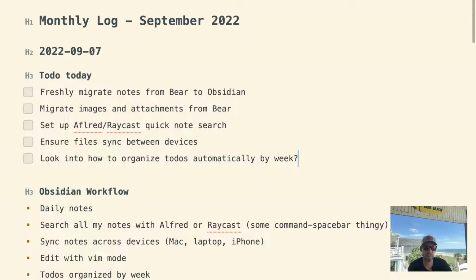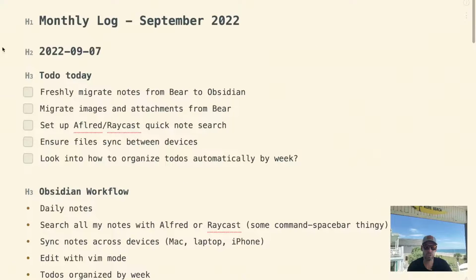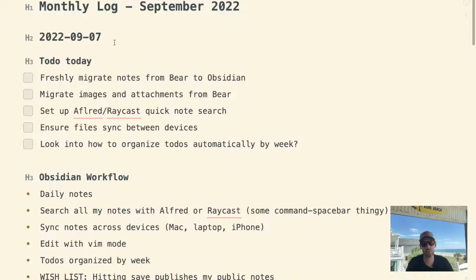One thing I'm doing right now in Bear is very manually creating a set of to-dos in my monthly notes on a weekly basis, and then what's happening is if a to-do item gets added in another note that is not my monthly note, it does not get pulled in, and it often gets lost. And so it'd be nice if it did.